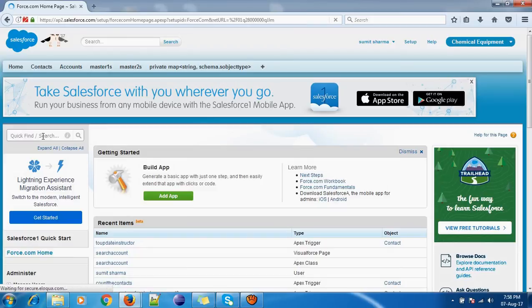We have to write a trigger on contact because when we try to save the contact record, after clicking on the save button, after the record is committed to the database, it should count the number of contacts present, and it should be updated in the account.